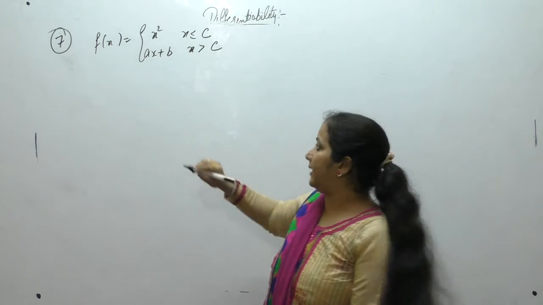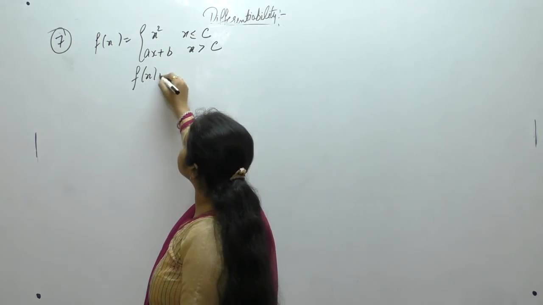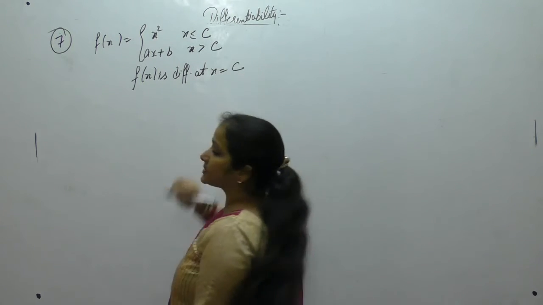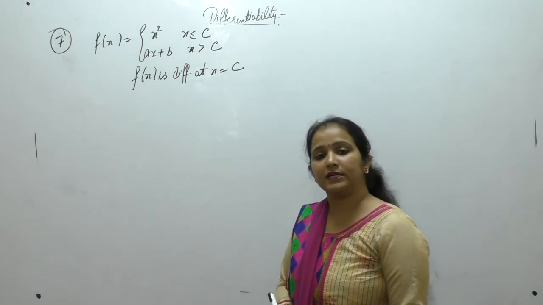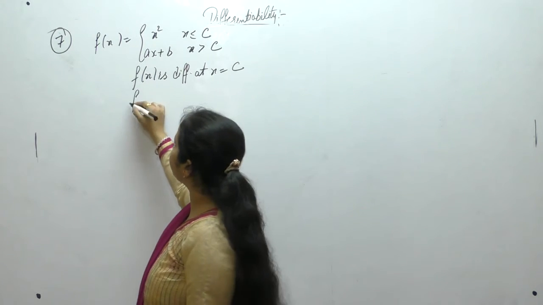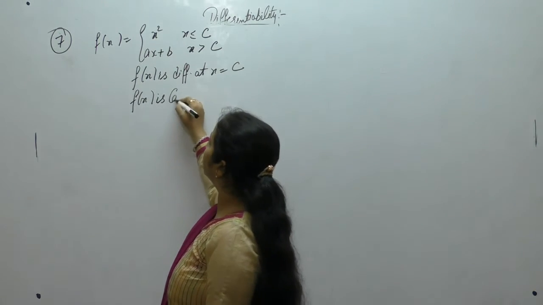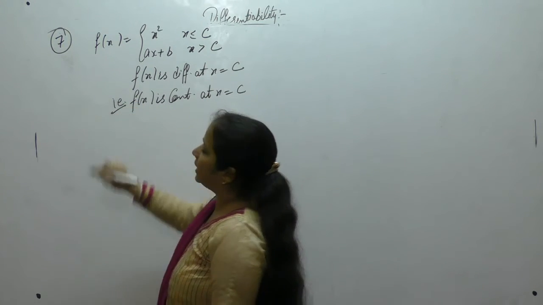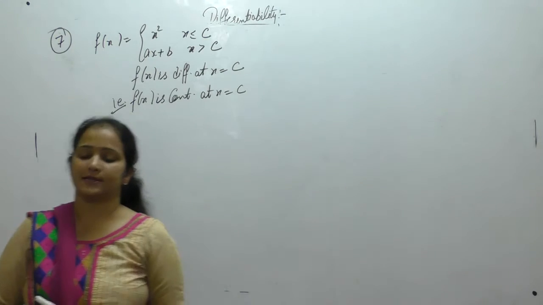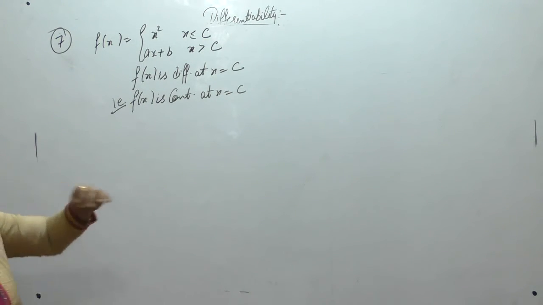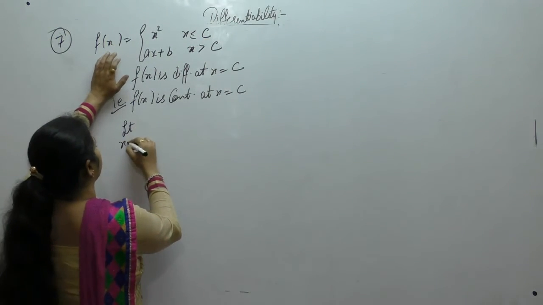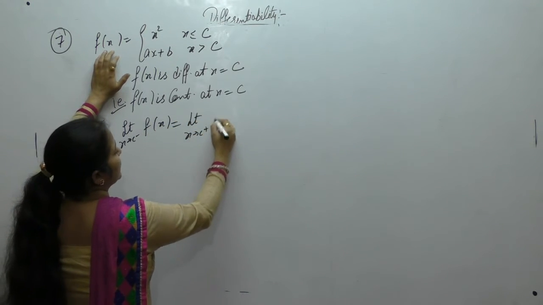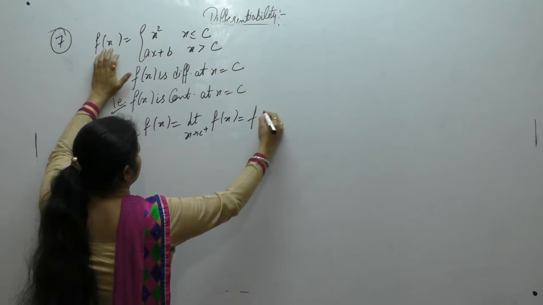It is given that the function is differentiable at x is equal to c. If the function is differentiable, it means the function is continuous also, continuous at x is equal to c. And if continuous, what was the condition of continuity? Limit x tends to c negative, f of x is equal to limit x tends to c positive, f of x is equal to value of